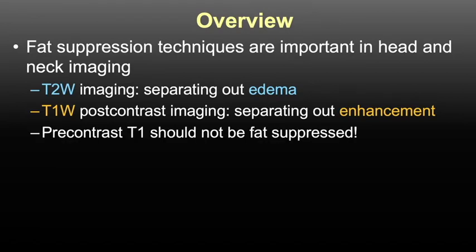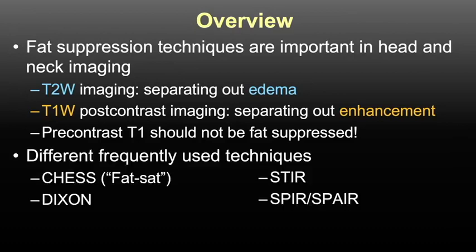Of course, when we're dealing with a pre-contrast T1 weighted image, in general, we do not want to fat suppress those because we want to use the T1 hyperintense fat as an internal contrast material against pathology, which usually are T1 hypointense. We're going to go over a few frequently used fat suppression techniques. They include Chess and Dixon, which are based in the idea of chemical shift between fat and water, as well as STIR, SPUR, and SPAIR, which all, at least in part, take into account the intrinsically short T1 times of